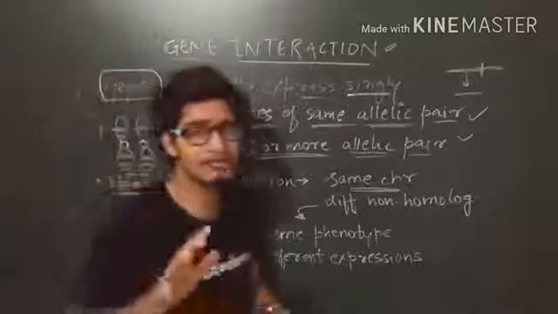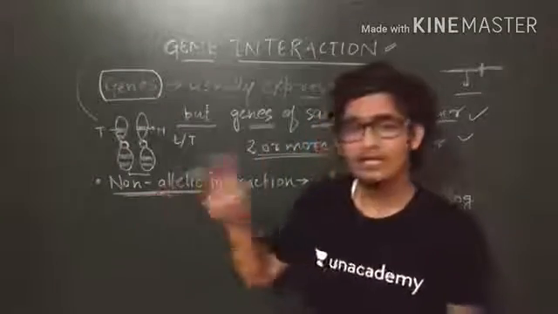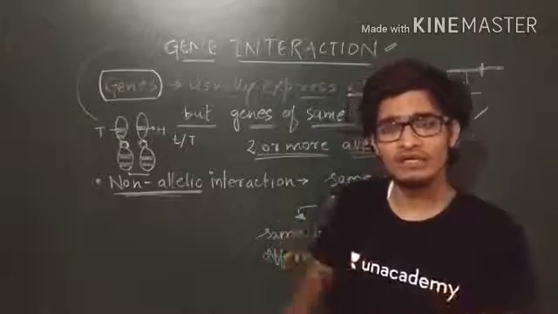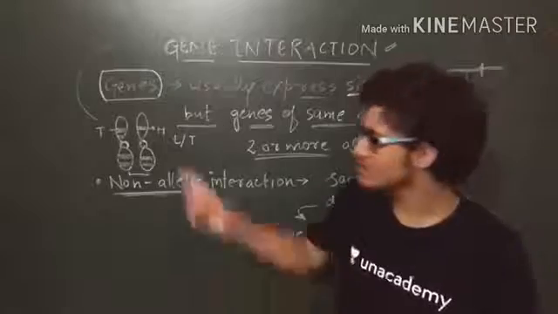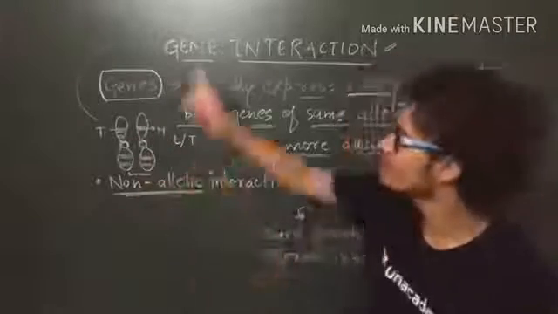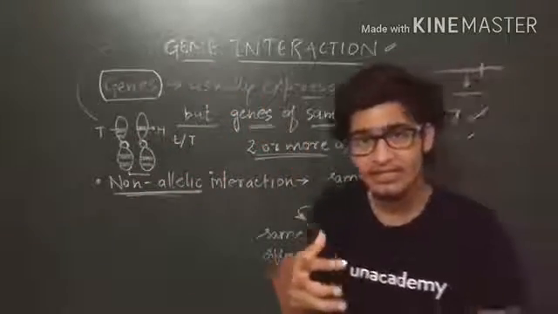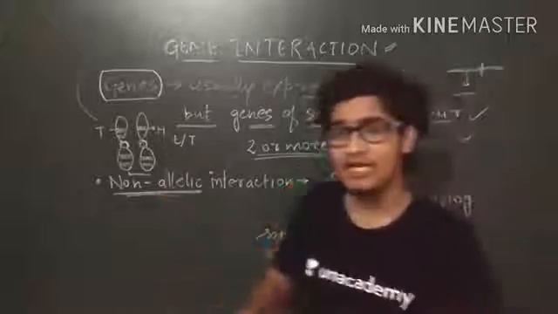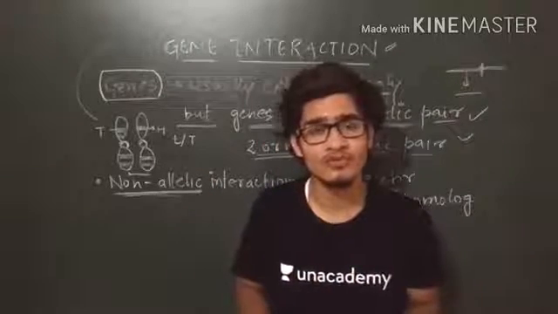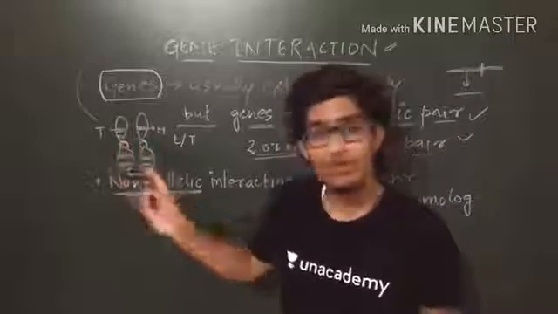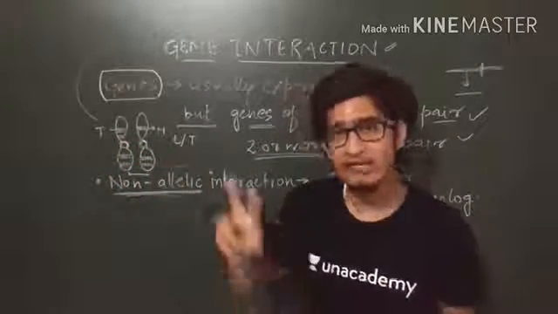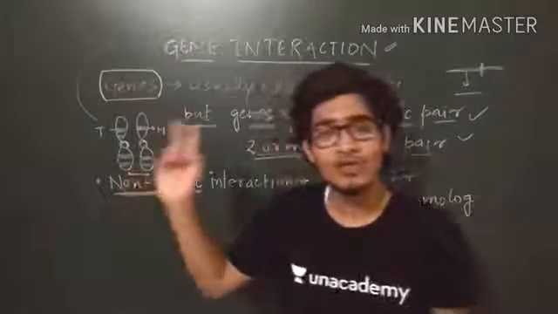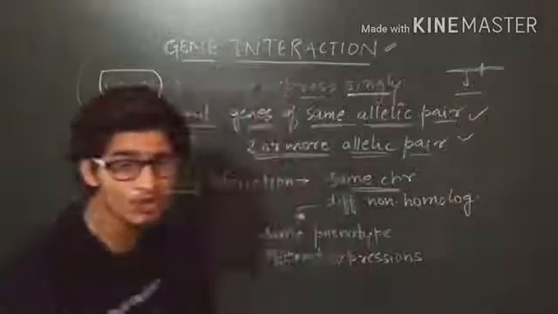लेकिन यहाँ पर क्या है, अभी मेन जो चीज है वो ये है कि there are two kind of non-allelic pairs. The first one is that both the genes can be present. Both the genes means the genes which are going to interact in gene interaction process. Both the genes can be present on the same chromosome, right? So that are not going to be allele at all. So this is going to be the first case. And if they are present on different chromosome, the chromosomes must not be homologous.